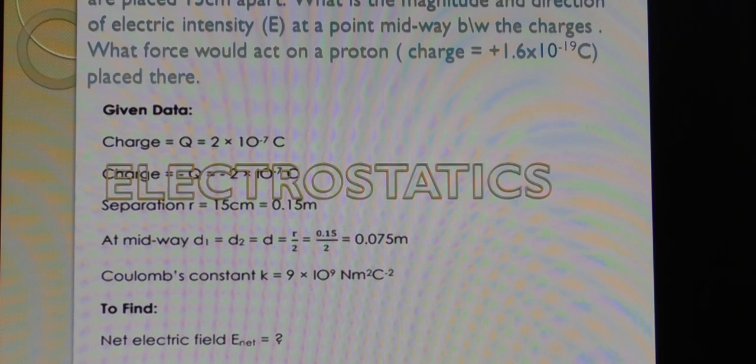Okay, we come to numerical number 4. In case of numerical number 4, two equal and opposite charges of magnitude 2 into 10 to the power minus 7 coulomb are placed 15 centimeter